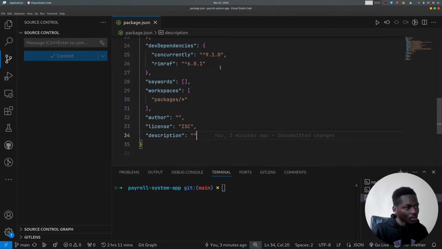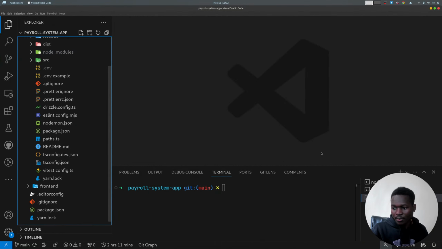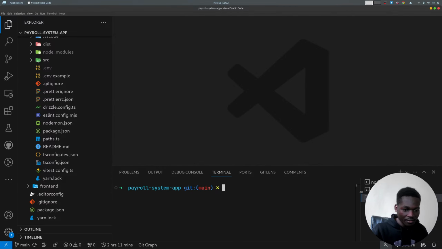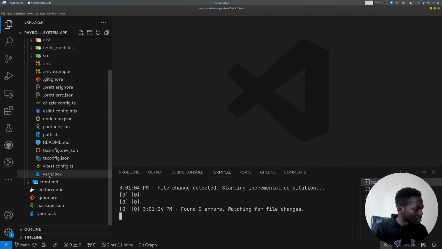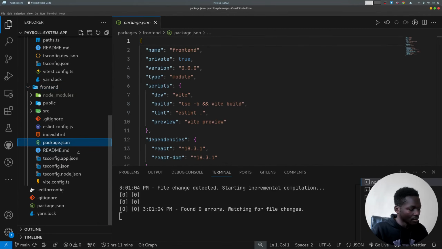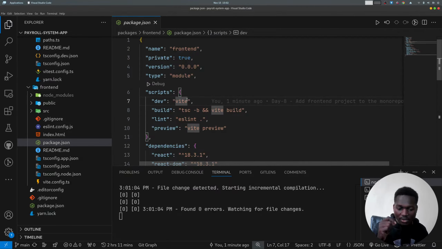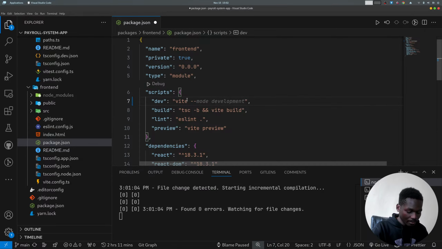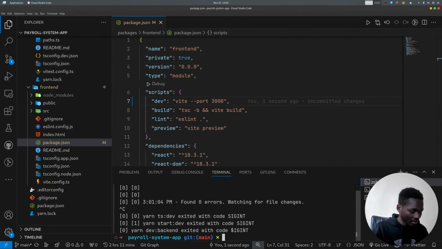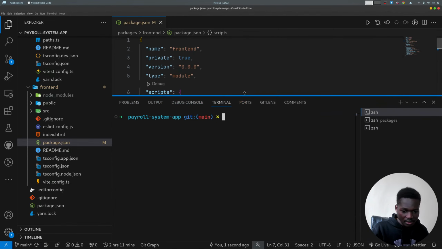So we had converted this to a monorepo. The issue is, let me just get the frontend so that whatever we have here is in sync. I'll just paste the project link here, set the port to 3000, then leave it at that. Now if I stop the server and rerun it,